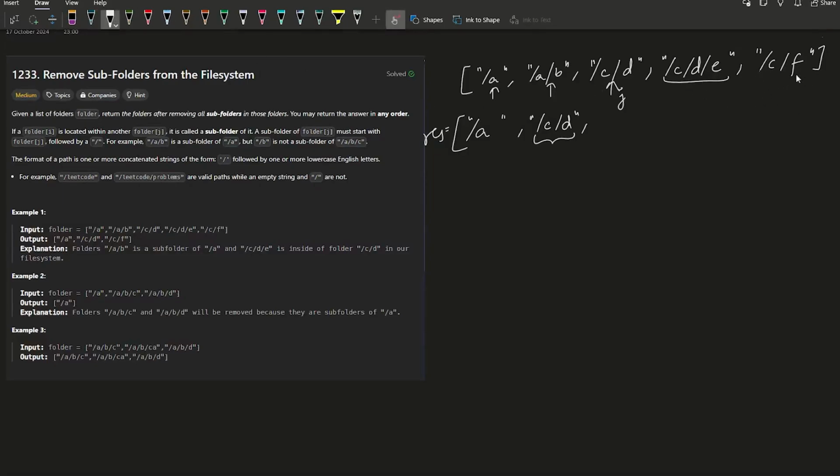And again slash c slash f, but here if you see, it is starting with this thing slash c, but on the second half it is not slash d, it is slash f. So you can say something like this: this is not a subfolder, and we will be putting it into our result. Suppose this is something called slash c